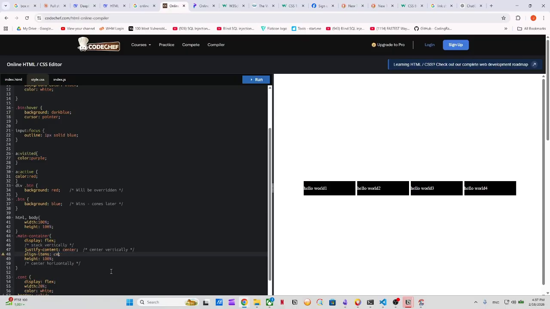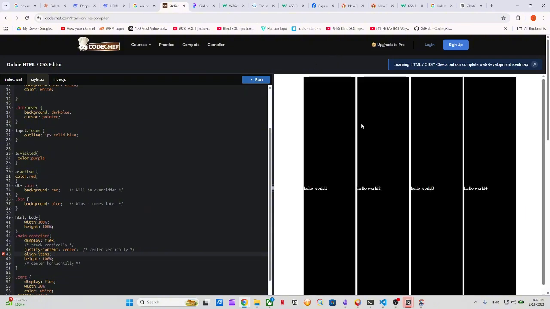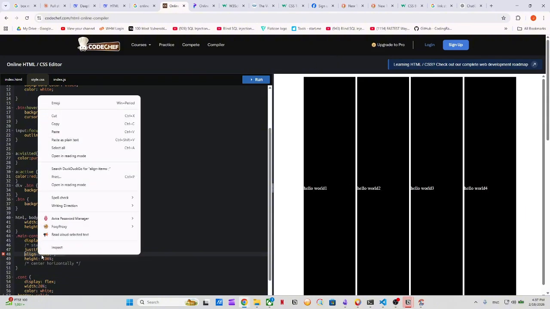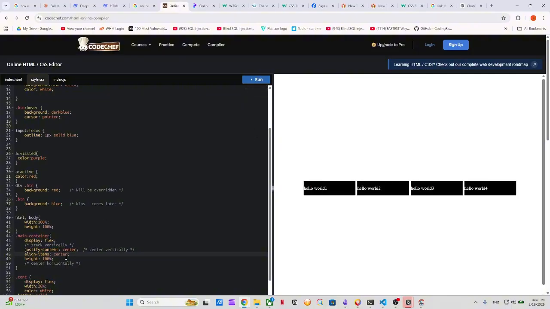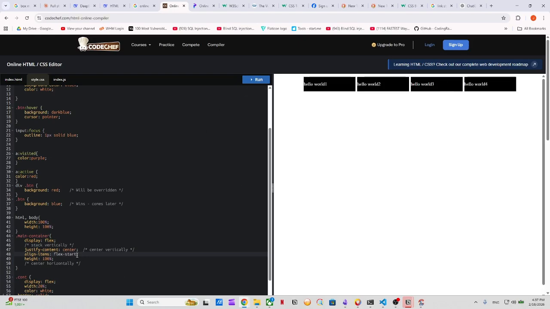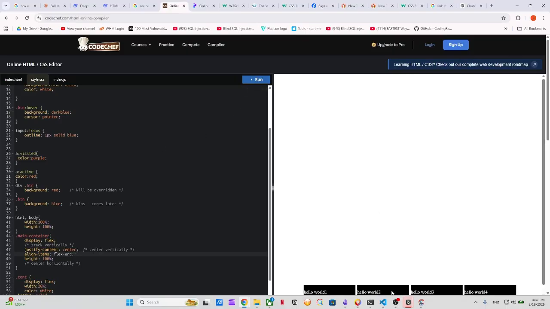Okay, if I remove this, what happens? If I just remove this one and run it, it's just going to be like this. But if I just type here align items and center, it's going to be like this. And if I type here flex start, it's going to be at the top. I type flex end, and it's going to be at the bottom. So this is the idea of align items. Justify content just focuses on horizontally, and